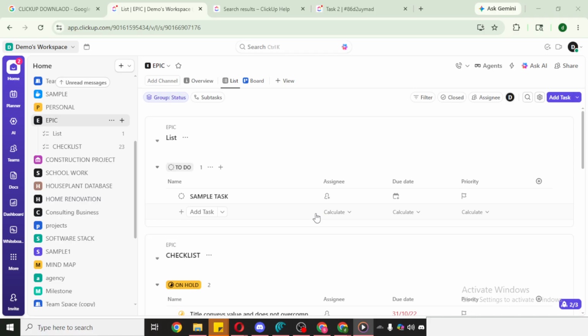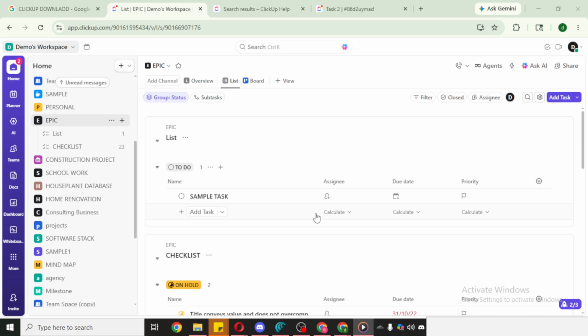Start by opening your ClickUp account and heading into your workspace. Navigate to the specific task that currently has a relationship you want to remove and click it to open the full task view. Give the task a moment to load so all of its details and menus are available.